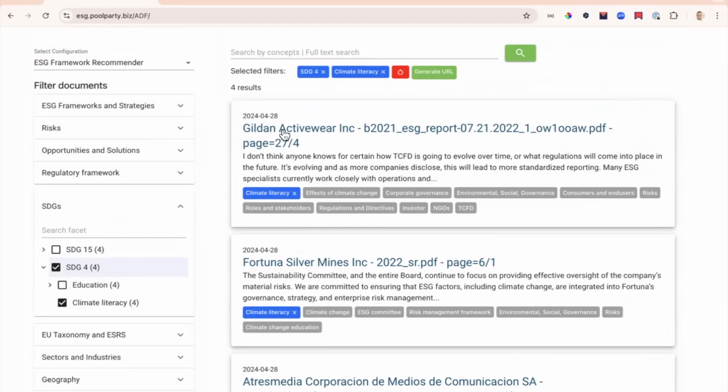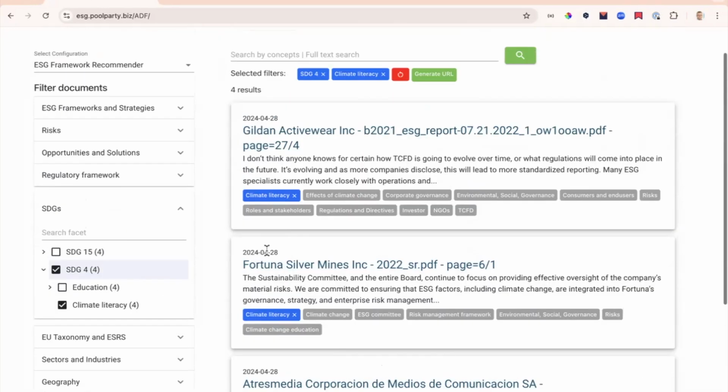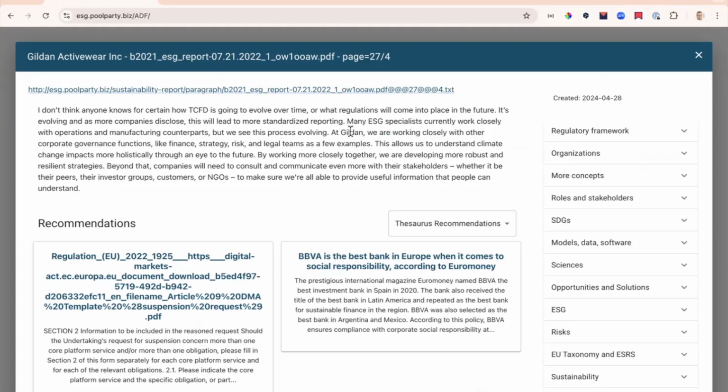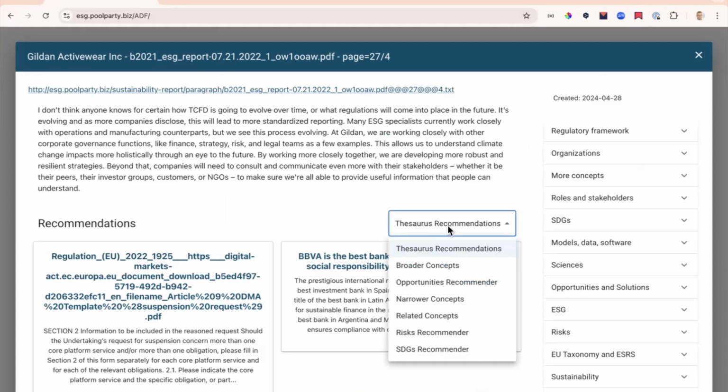And then you get to a couple of companies which have been reporting on that particular topic, like children active wear. What you get from here is this particular disclosure, and then you can also get recommendations or relations being